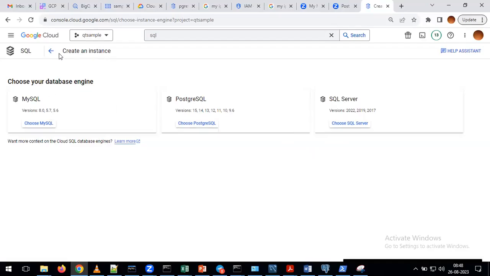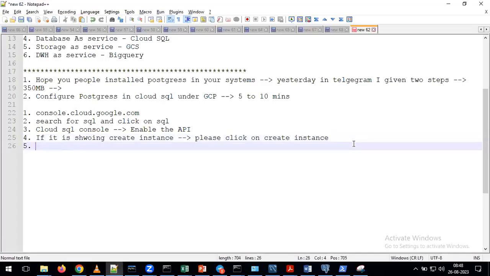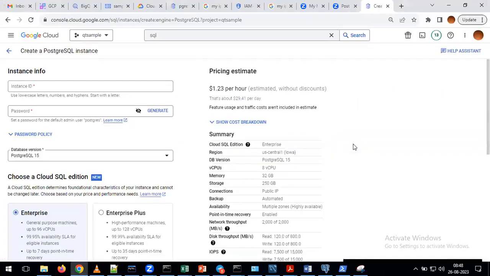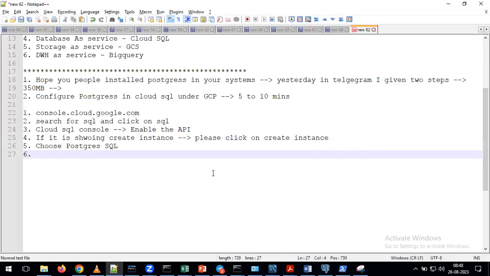Okay. So we clicked on create instance. Now my requirement is to create the instance for PostgreSQL, so just click on choose PostgreSQL. Don't ask me the question, sir, why we haven't selected MySQL or SQL Server. If you want, we can select anything. The only thing is we need to get some practice on Cloud SQL. MySQL we already discussed in the previous classes. That's the reason, just for one more database exposure, we are selecting the option called PostgreSQL.